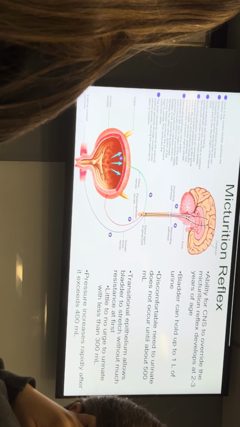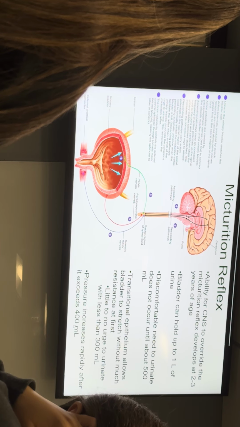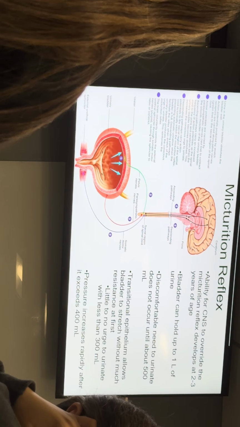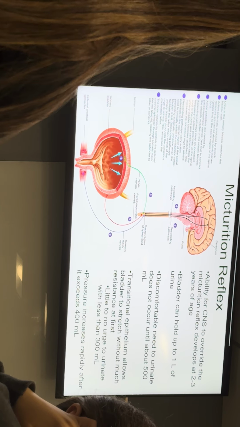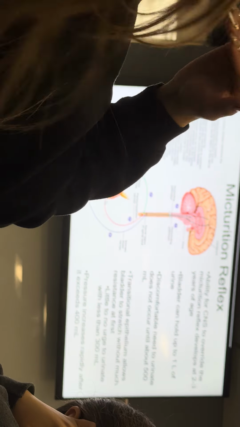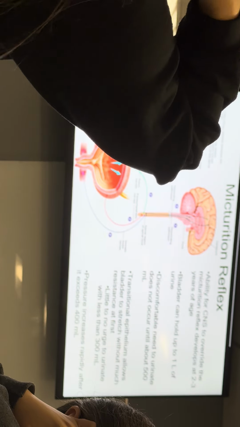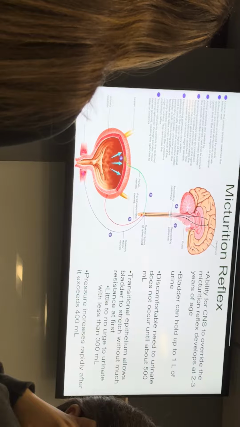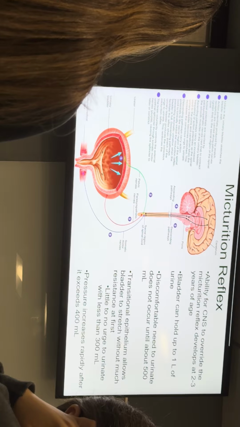And then when you get to about 400, which is a little bit more, I'd say up to the top of the blue label on this water bottle, that's when you're like, oh, I could pee. And if you're about to go sit down in class for an hour, you'll probably go pee ahead of time. If you're going for an hour-long drive, you'll probably go pee ahead of time.